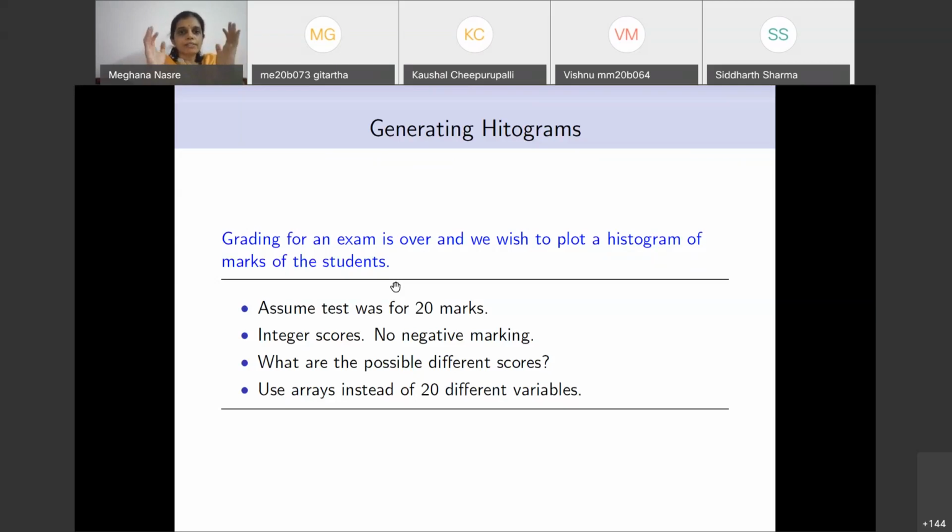What we want is to know how many students are there at a particular mark, and then print that number and print a histogram. In fact, it would be nice to print a plot, but at the moment, at least know how many students are there at a particular mark. So I want you to tell me what the inputs to this program are and what the output is.